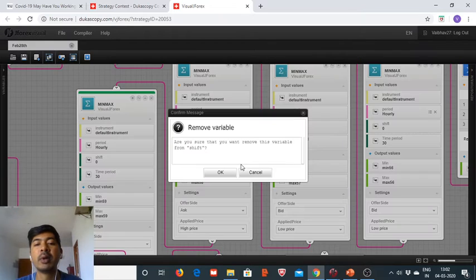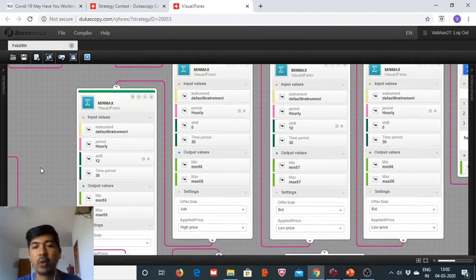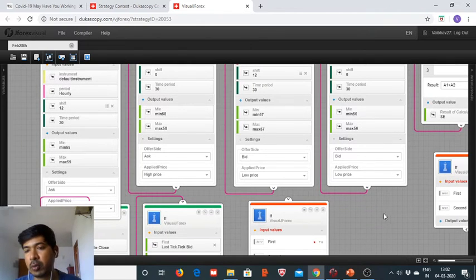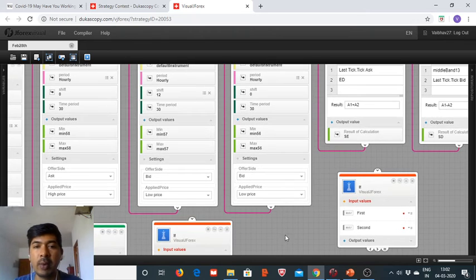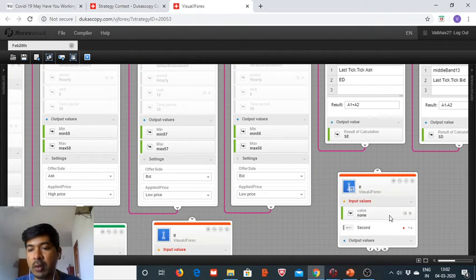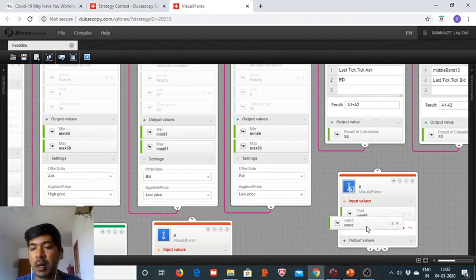Do the shift 12, here shift 12 again, and we will keep the time frame at 30, time period at 30 only. So now let's do the if condition. So what we need is the current minima. This is the current minima should be equal to or less than the minima 12 hours back